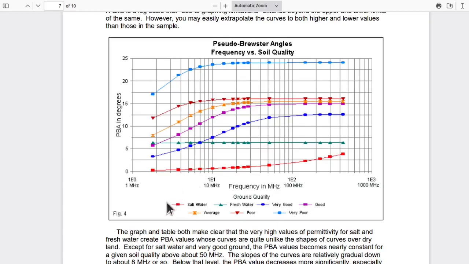We've also used salt water as a reference, which is perfect, and fresh water, which is nearly so. So for salt water, the Brewster angle is, let's see, two